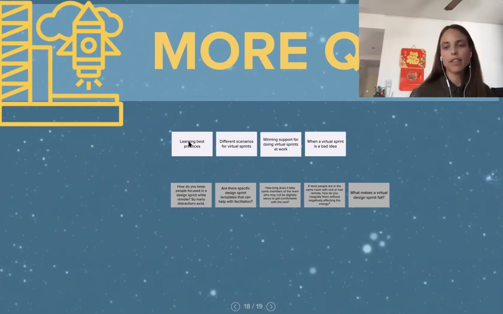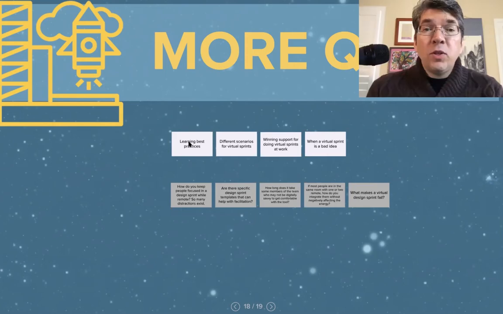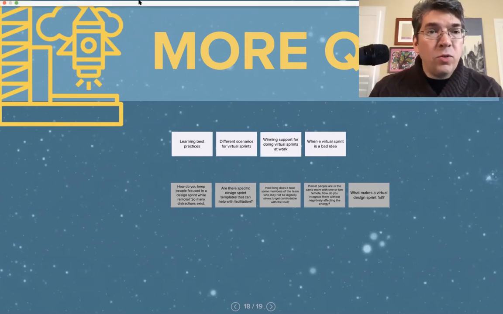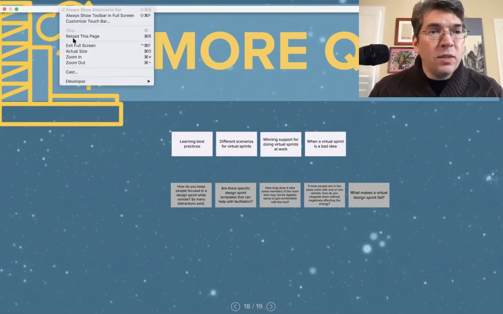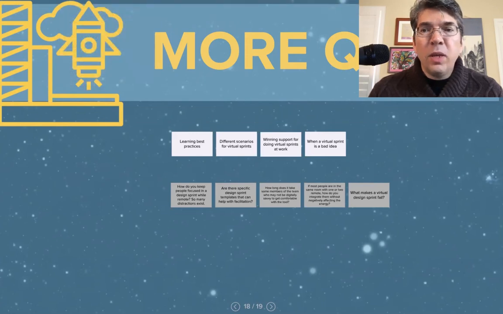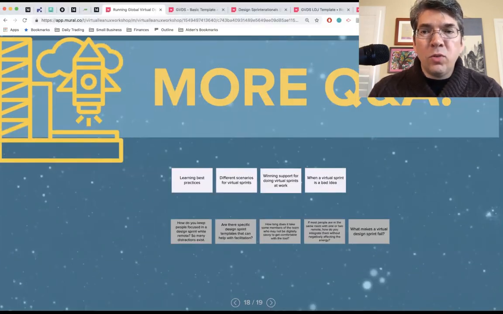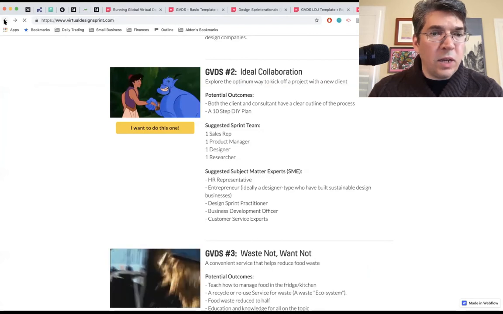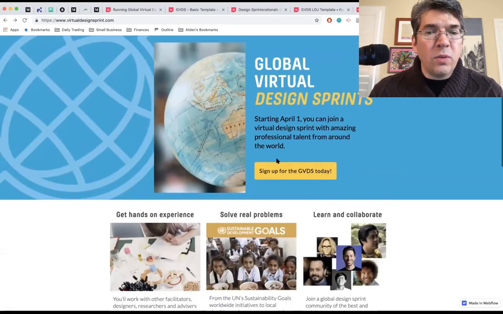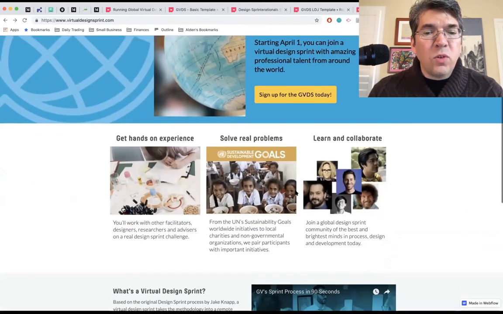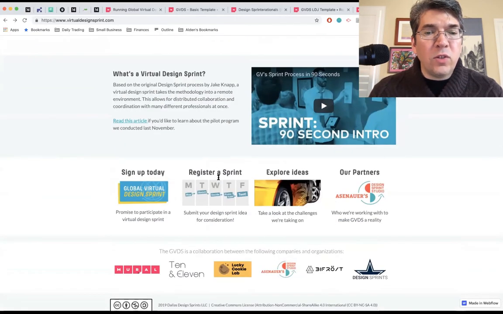So Rebecca is wondering if you can register your own team with 5 to 7 participants for the sprint in April. Absolutely. And I will show you how it's done since we are actually in there. If you were to go to the Virtual Design Sprint website, it's not clear when you first go there because I have just this big yellow button that screams sign up for it today. If you scroll down, there's a section in here that says register a sprint.